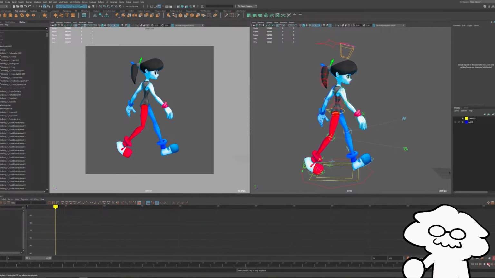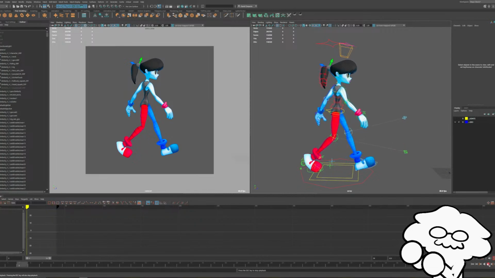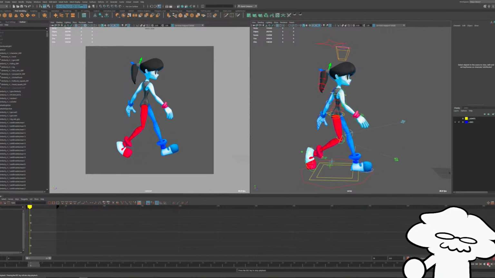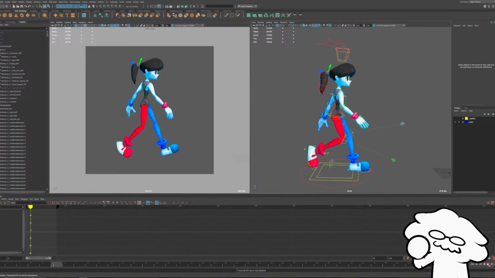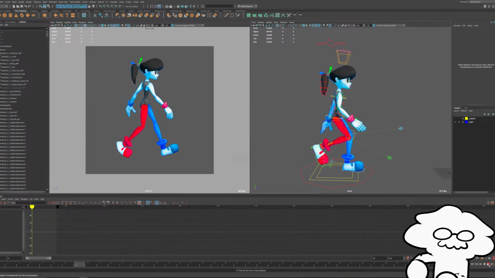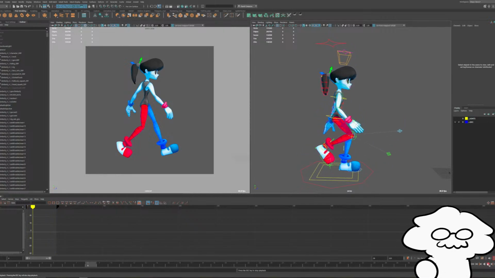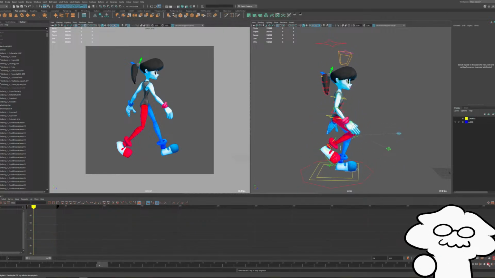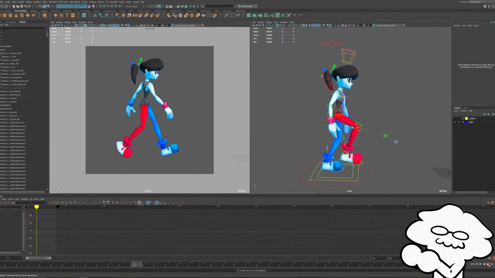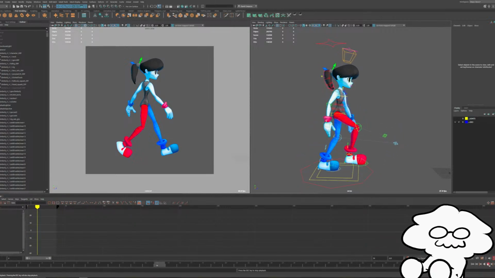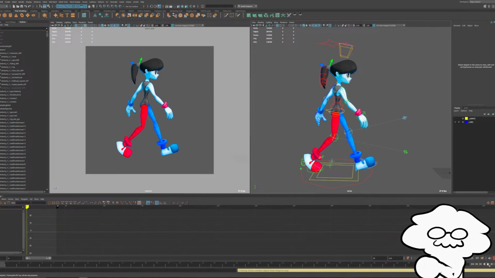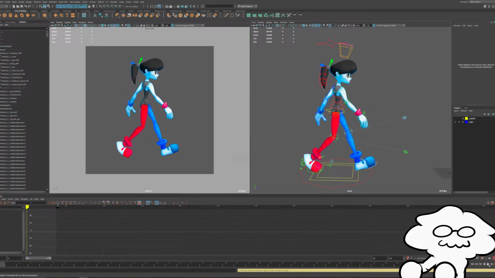So yeah, we have the finished walk cycle. It's not flawless. There's a lot I would change about it, but it's most of the way there. And this walk cycle, if you're just doing a basic cycle like this, where the character stays in place and doesn't move, if you do it right, you can actually do it in very little time. So that's why I'm doing this as the first test for these streams, because it's very simple to set up when you know how to do it. So the goal of this stream is to teach you some of those basics for learning how to do this and do it quickly.